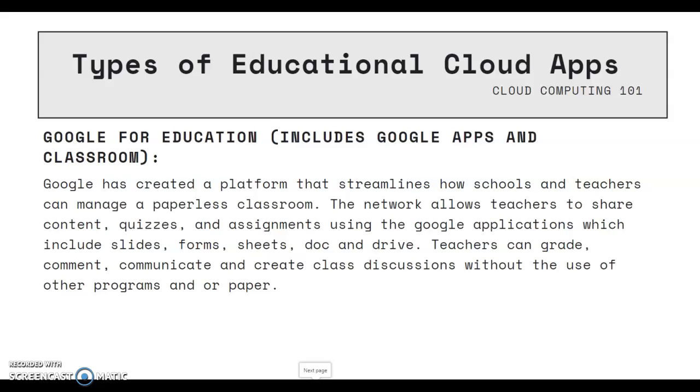Google Classroom is what I use in my school district. I am able to upload videos, give quizzes, collaborate with my teammates, do lessons, do slides, and have students create things with slides, forms, even drawings, and turn them in to me for a grade, and then I'm able to send a grade back out to them.